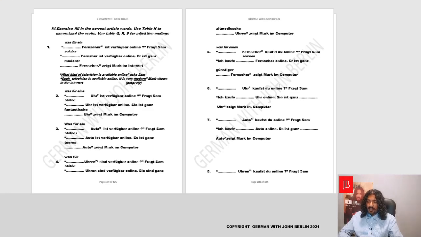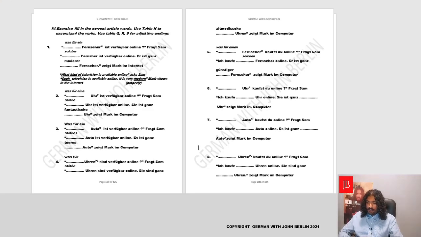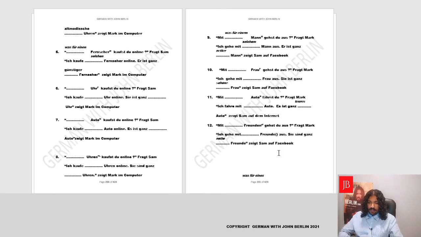Okay. Now this was accusative. Let's take you even further. I'll skip a few and I'll go to the next page and we'll talk about dative. Now dative is here. I'll just remove the answers. We'll try and do them by ourselves. Okay, how to remove this? We go space by space.